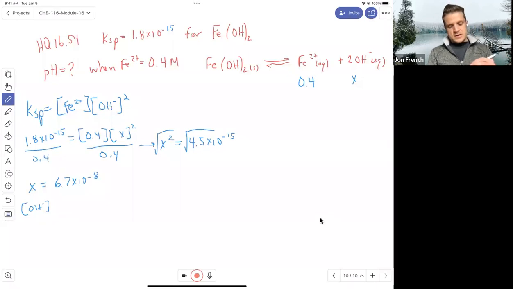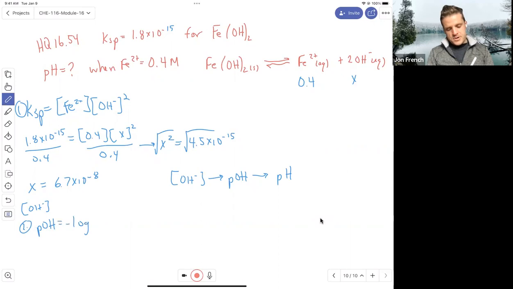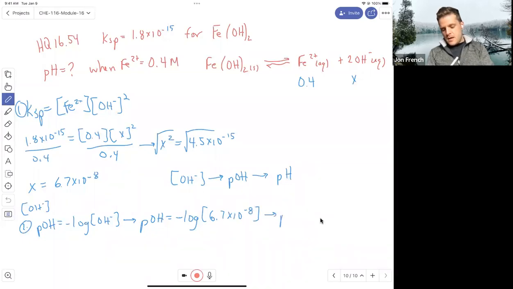So now I have my hydroxide concentration. We know we can take our hydroxide concentration and find pOH from that. And then once we find pOH, we can find the pH of this solution. And that's what we're looking for. So the next step, right? If this was step 1, step 2 would be to find the pOH. pOH equals the negative log of my hydroxide concentration. So the pOH of this solution equals the negative log of 6.7 times 10 to the minus 8. pOH of this solution equals